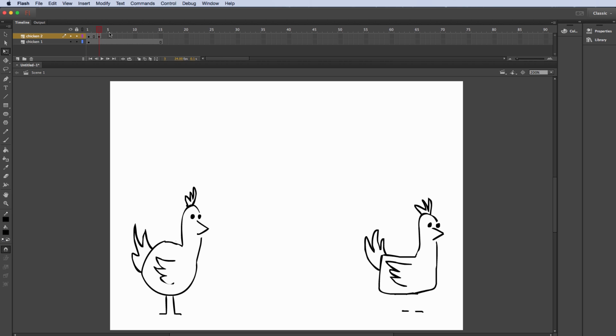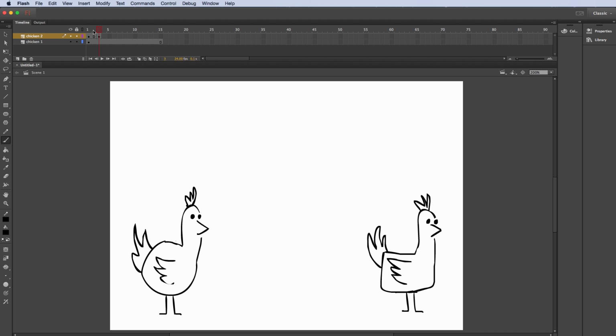first pose. Okay. So now I'm going to turn on my onion skin. And I'm just going to bend the legs a tiny bit, okay, so that we can feel that movement a little bit better. Okay, there we go. So we're going to slow out of that first position. Alright, now I'm going to go to frame 5 and I'm going to hit F6.